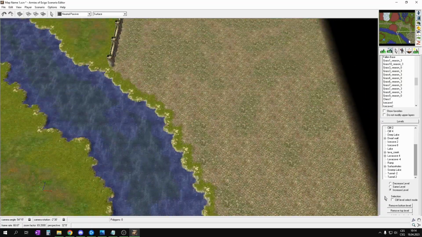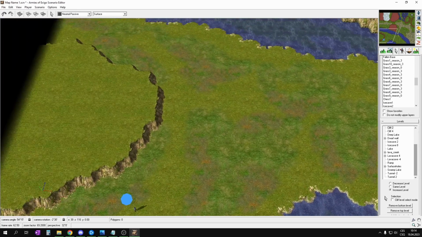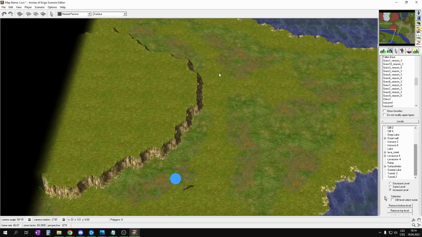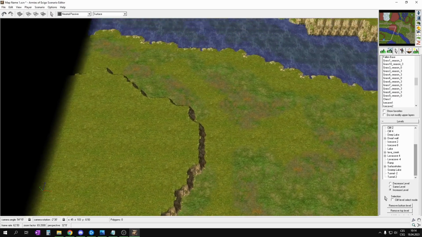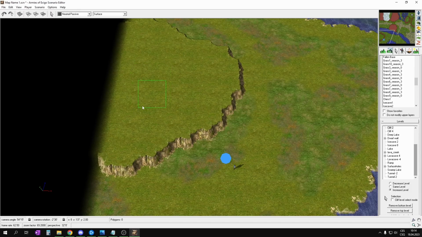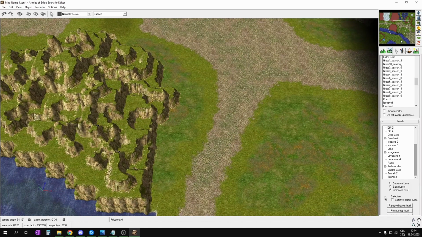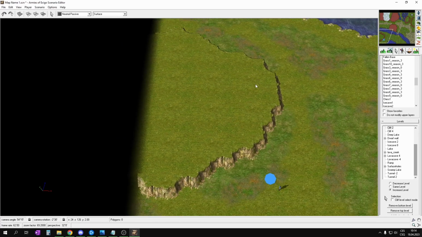So yeah, I think this will be everything for this video. We covered a little bit more of the textures, and next time we will take a look at the rest. I will also finish this mountain that I forgot here, but it will be the same process as here, so I won't waste any more time in this video. I will just do it